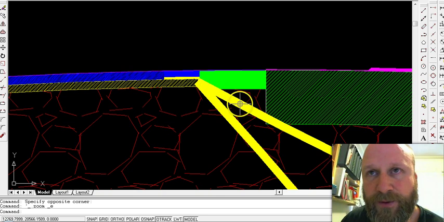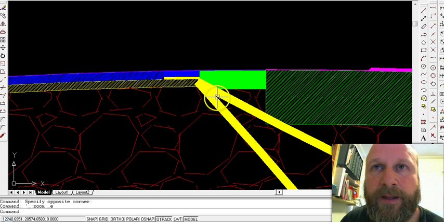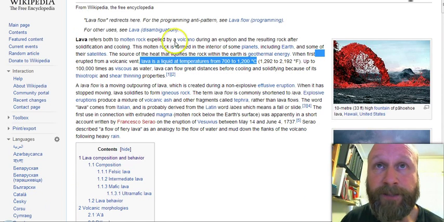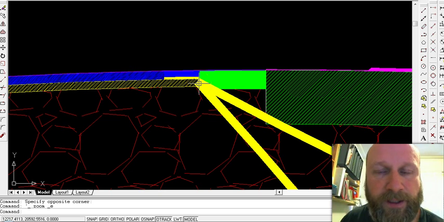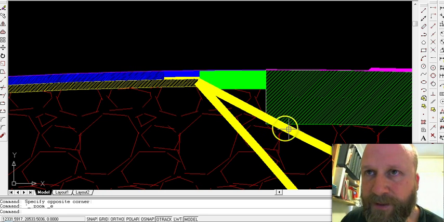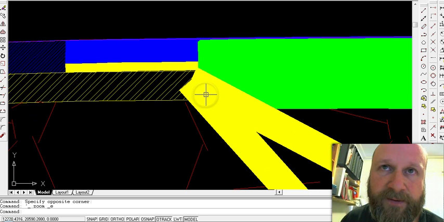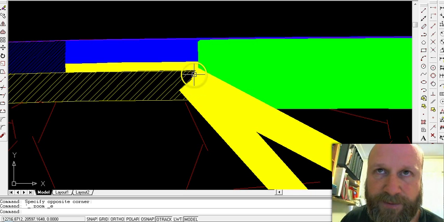There's no reason to think that if the rock becomes malleable, so it reaches a temperature, as we saw with the lava entry, the lava is a liquid at temperatures from 700 degrees to 1200 degrees. Okay, so the rock is no longer a solid, it's a liquid. So it's not going to continue out through this section here. For rock to be able to bend, it has to become a liquid. Right? And if it becomes a liquid, then it's not going to continue out through this section here or this section here.